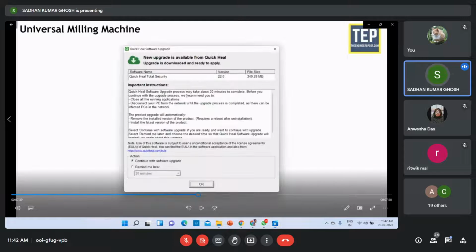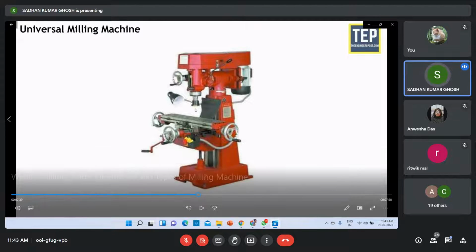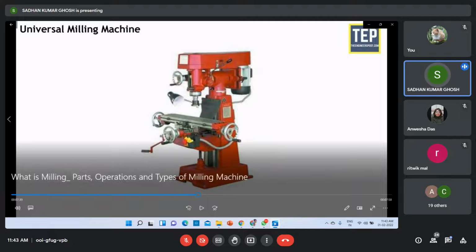But here, instead of an arbor, there is a spindle which is vertical, and that's why it is called a vertical milling machine. And this looks like a drilling machine. Like a drilling machine, the spindle is also vertical. Here the tool fixation system is vertical and the job is here.